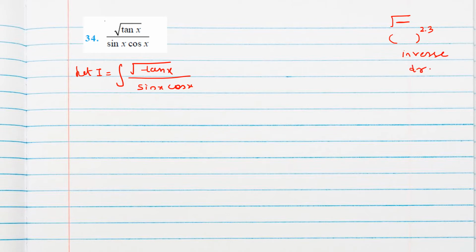Okay, so here if you see tan x is in root term, square root. So if we substitute tan x as t, you will get sec square x dx. Okay, derivative of tan x will be what? Sec square x dx is dt. But here if you observe, sec square term is not there, but we can make it, because since one cos is there, if we multiply with one cos, we will get cos square, that is sec square. Okay, so we can change this into sec square form.